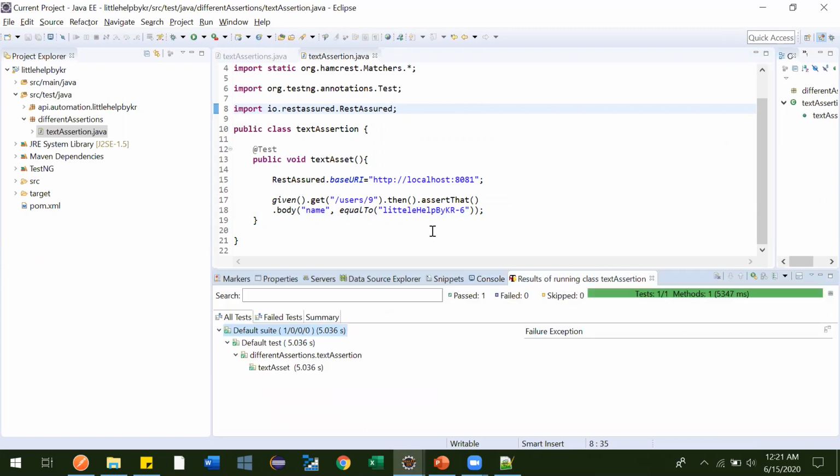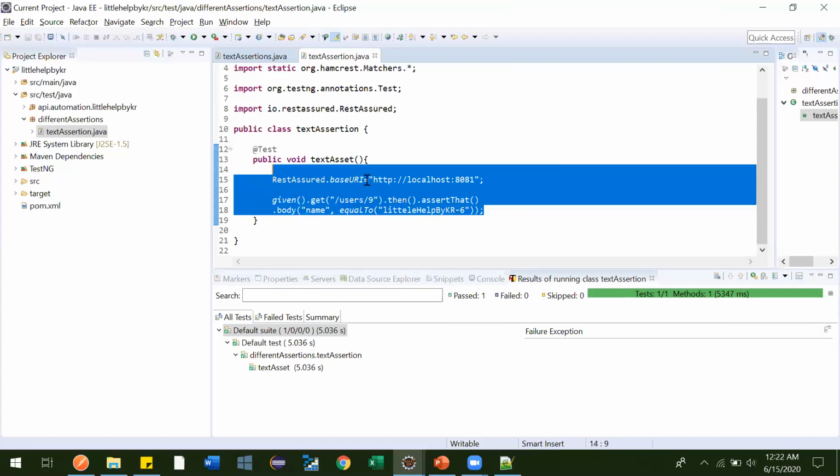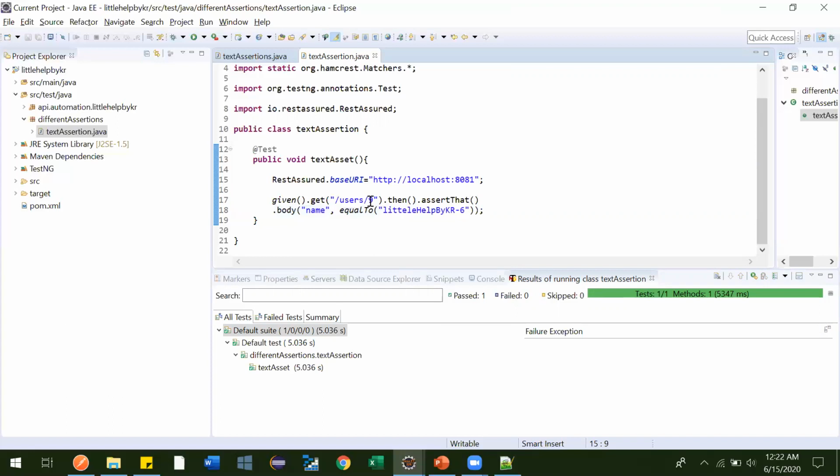Perfect, because both the values, whatever we are fetching from the response, are the same as the result. Suppose we are trying to add any JSON object, any user details, in our DB, and when we fetch that user detail with this ID, whatever details we provided at the time of entering that record in the DB, the same values should come.